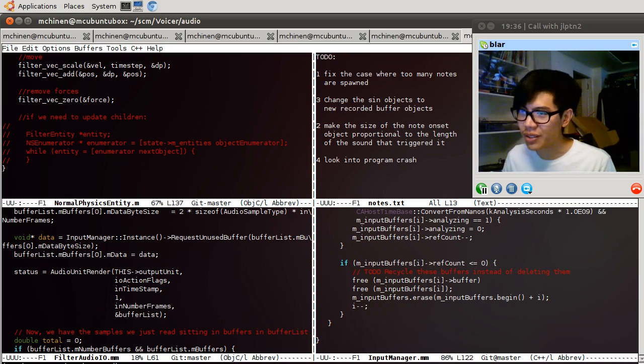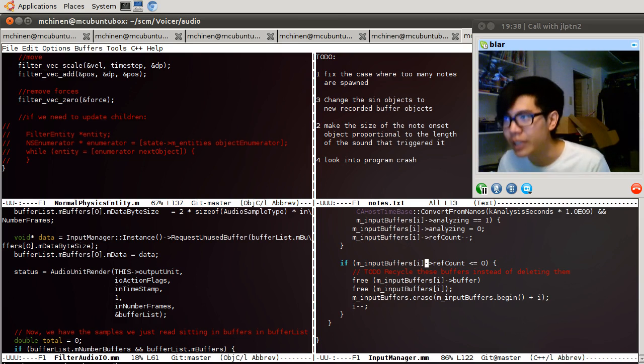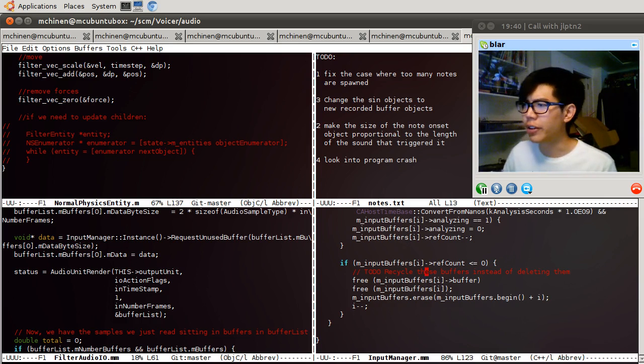I think that's why it was crashing. We could test that, but this is a fairly safe change to make and correct change to make. So let me, maybe that's dealt with. Alright, so